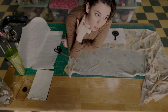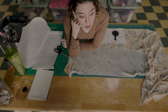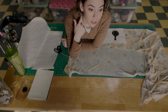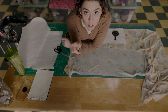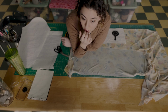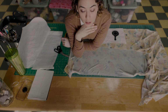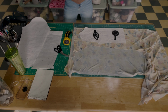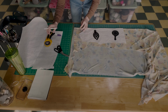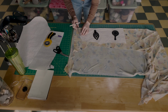That way the incorporated band has enough space, but also I'm gonna follow the curve of the neckline so that there is that shape, and it won't be just a straight line on your neck. So I'm going to, with an air and water soluble marker, take my measuring tool,